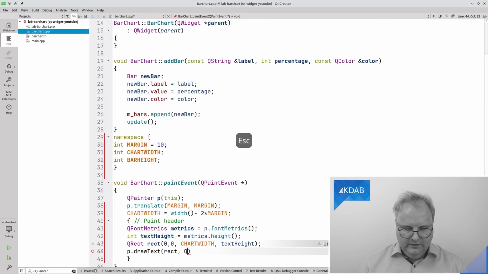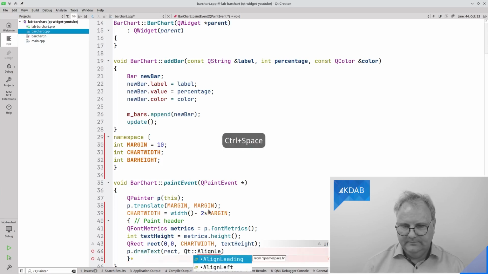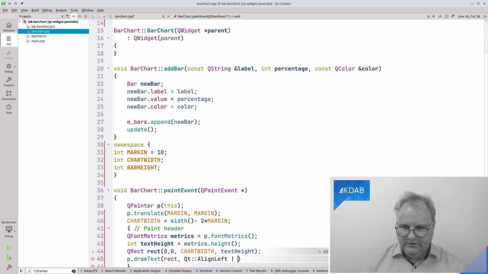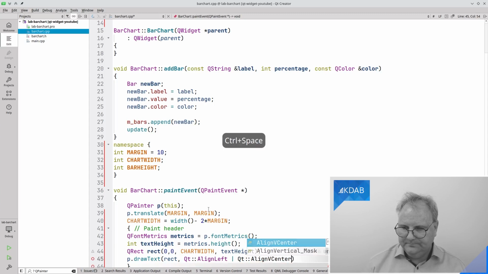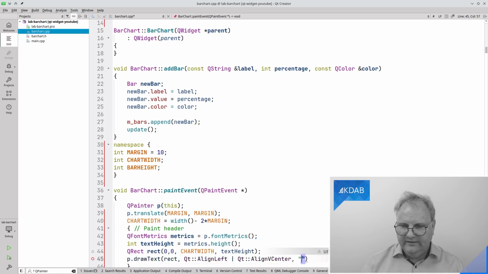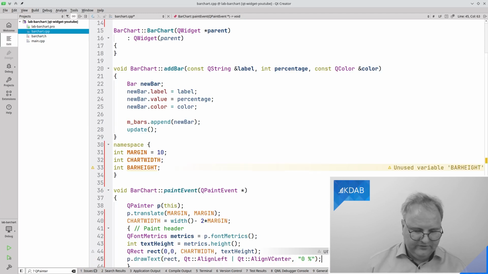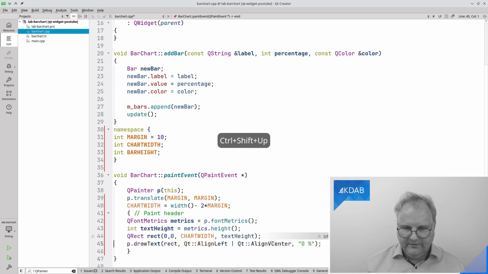So Qt::AlignLeft and Qt::AlignVCenter, and then finally the text that I want to write, 0%. And let me just copy this line down here, if I can figure out how to do that. It's all in my fingers.